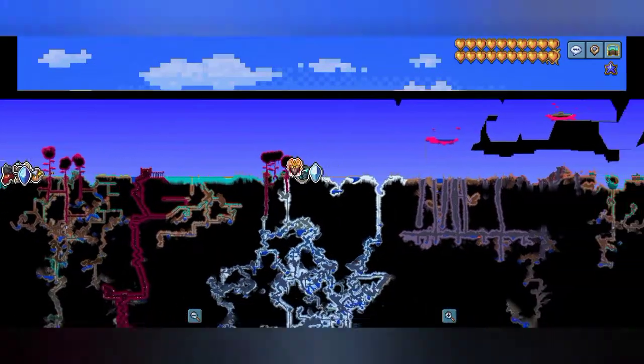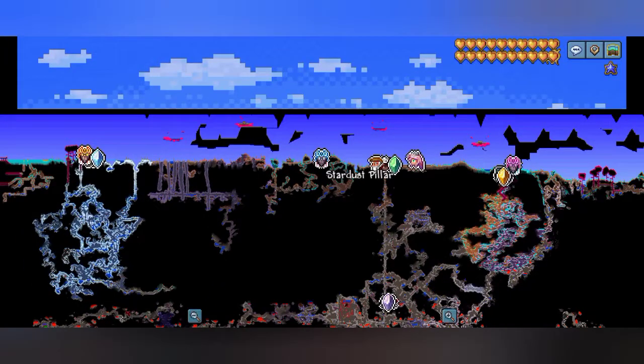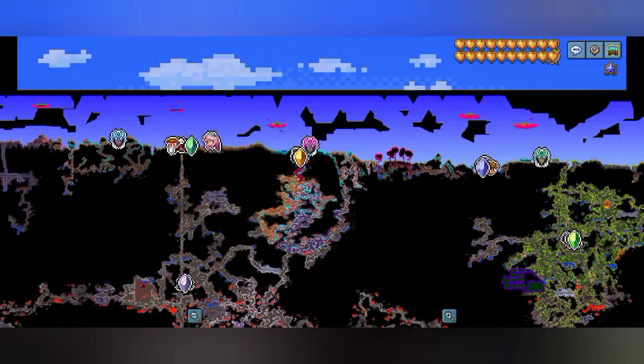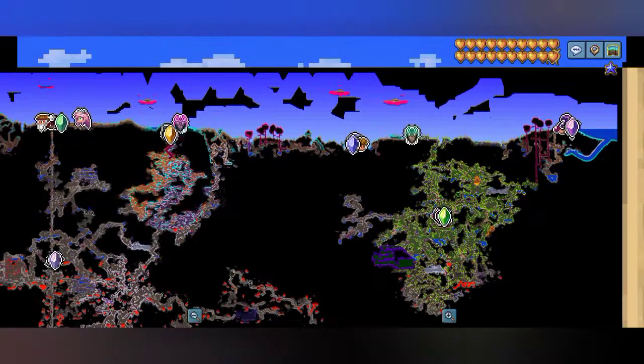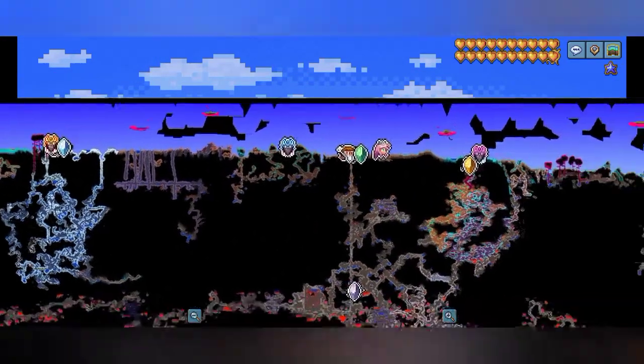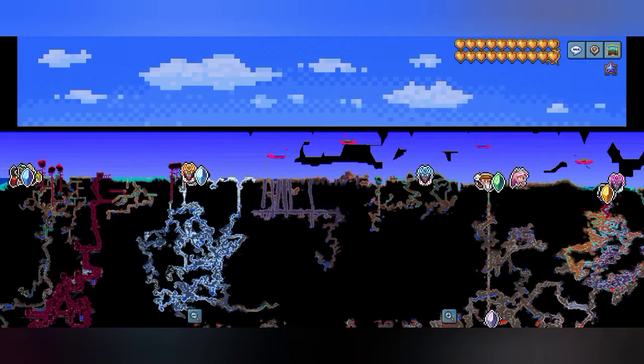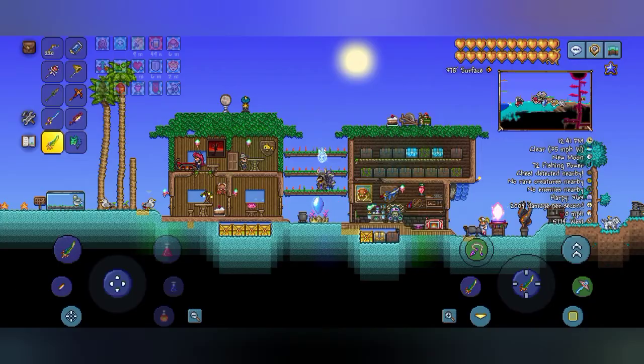So there are lots of pillars. Solar pillar in this place, the Stardust pillar, Nebula pillar, and Vortex Pillar. Vortex Pillar is quite easy to pin down, especially those enemies that spawn with those wasps or something. But hey, it's quite positionally well. So let's go first into the,